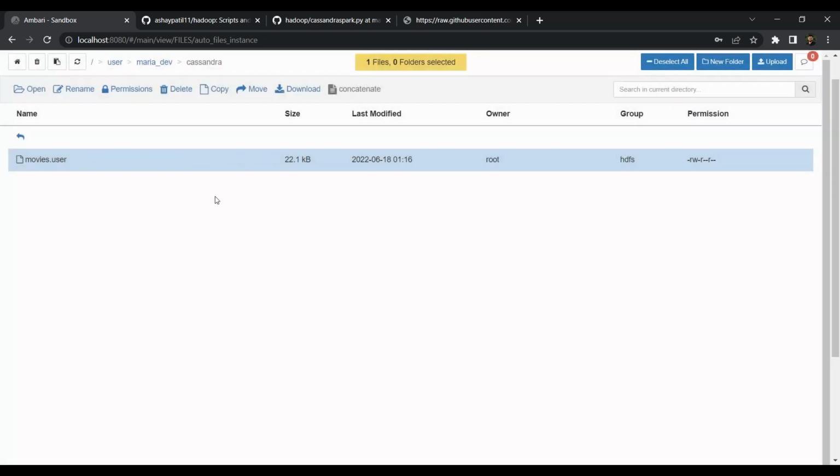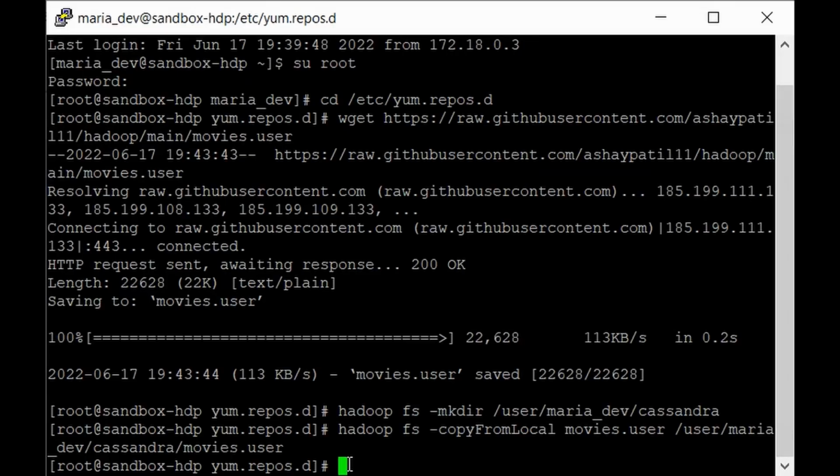So just cancel it for a while, and now the next step would be to get that actual Python script in our HDP Sandbox so that we can submit it to the Spark cluster. So just come back to the PuTTY terminal and just get that Python script. To do that, just use the wget command. So give wget